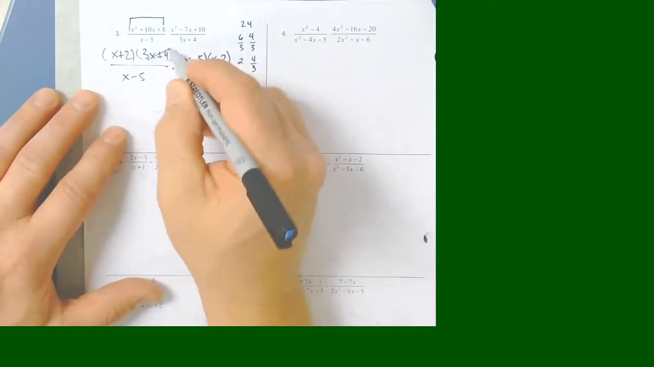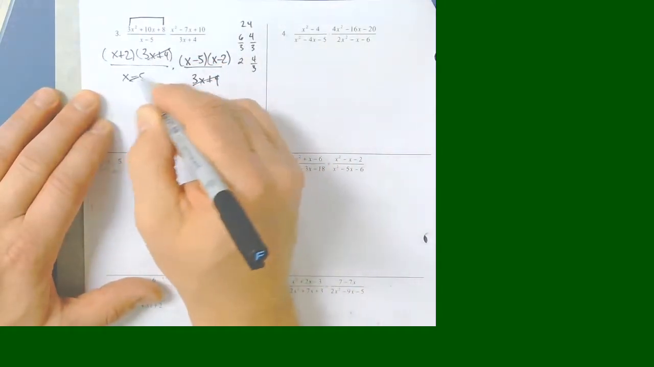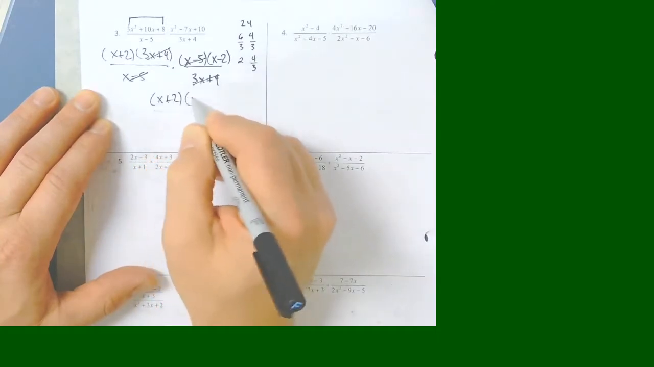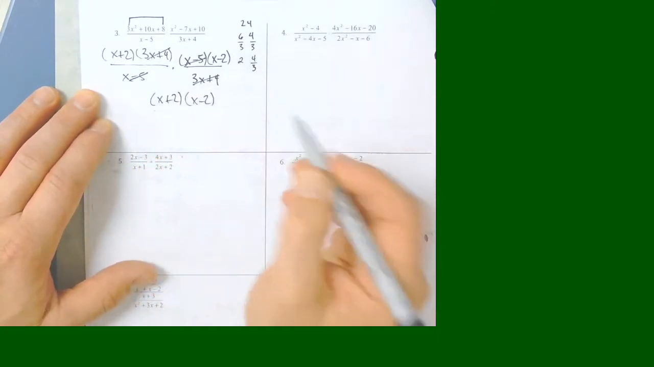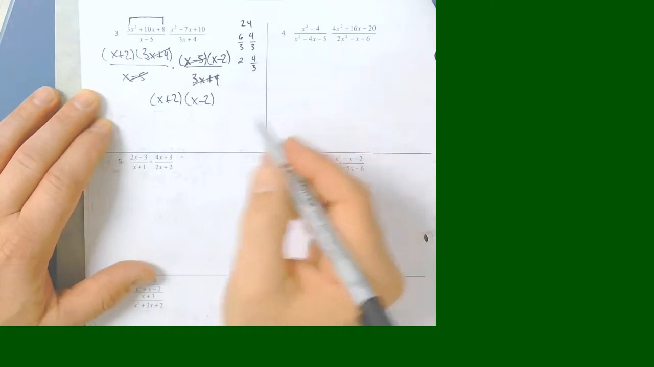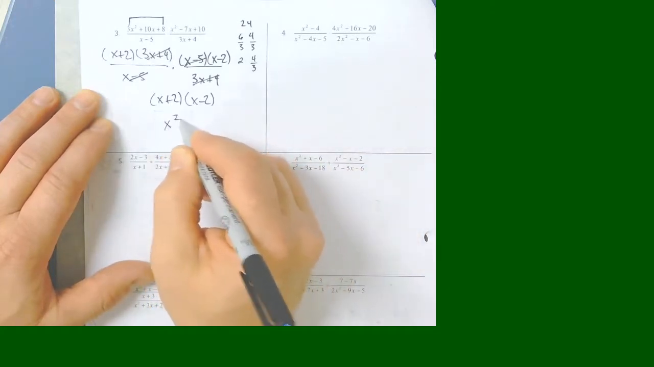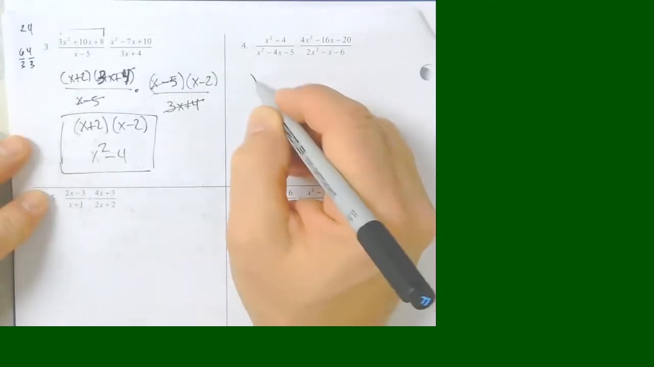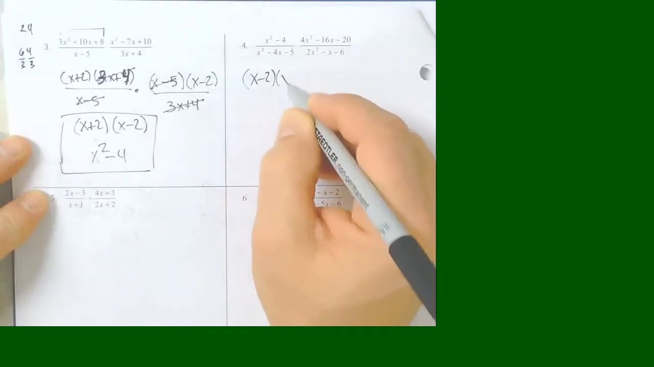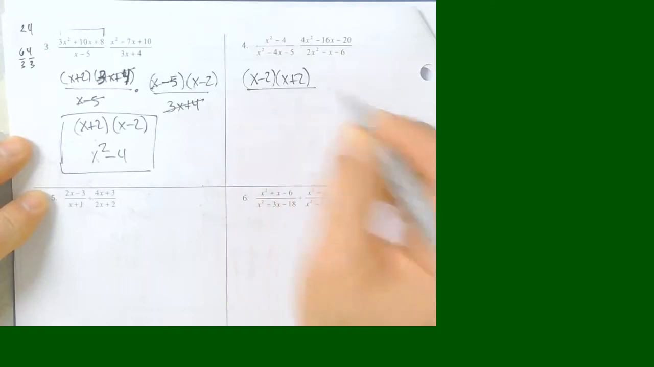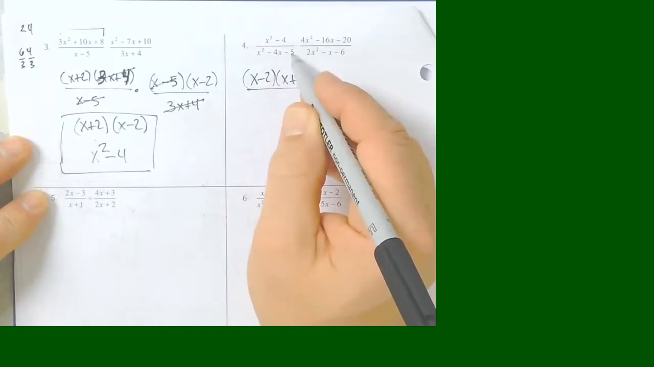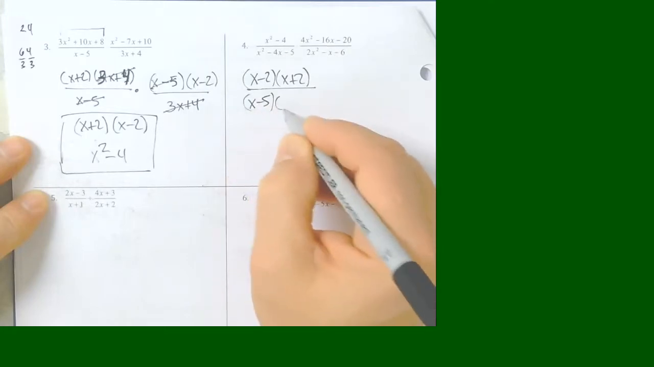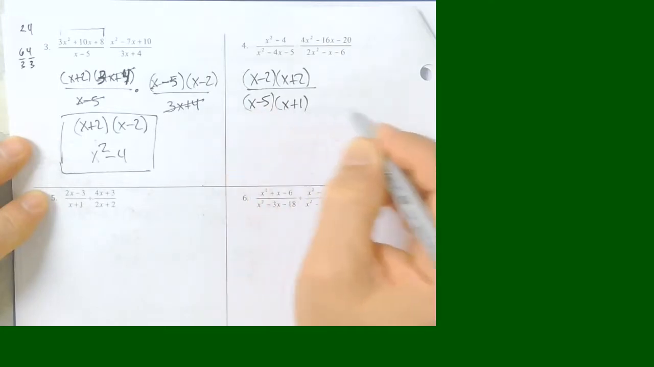The 3x plus 4's cancel, the x minus 5's cancel, and I have x plus 2 times x minus 2, no denominator. Or I can FOIL it out to have x squared minus 4, or x squared minus 4, x minus 2, x plus 2. What multiplies to negative 5 and adds to negative 4? x minus 5, x plus 1,